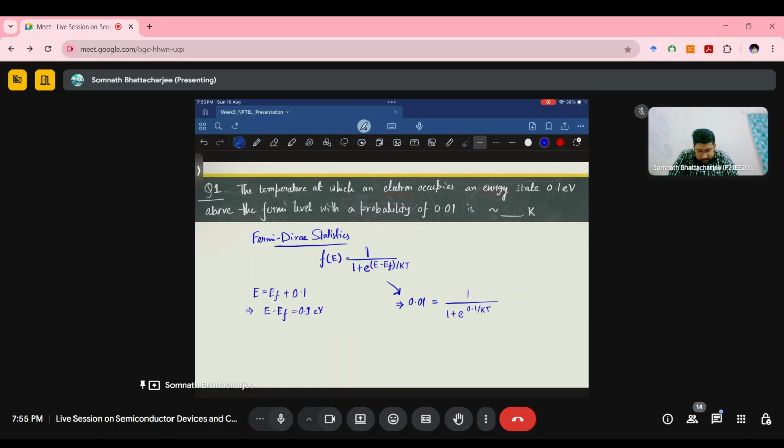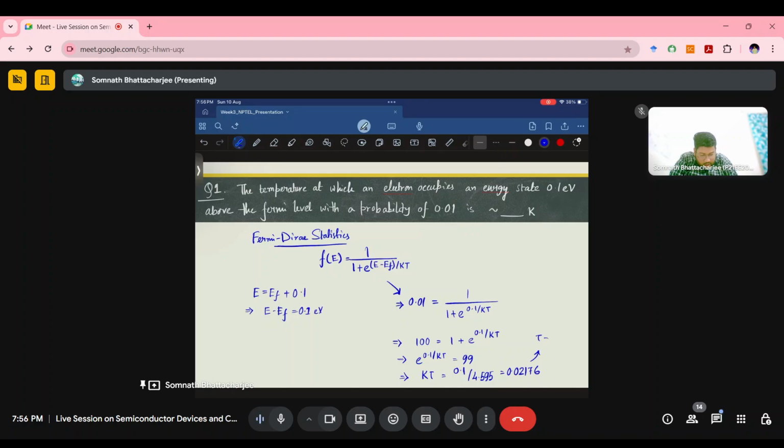Yeah. So the value of this is 0.1. It is nothing but, let's say, make it 100, that is 1 plus e to the power of 0.1 by kT, or e to the power 0.1 by kT equals 99, or kT equals 0.1 divided by ln of 99, that is 4.595. 0.1 divided by 4.595 is 0.02176. From this we can write T equals